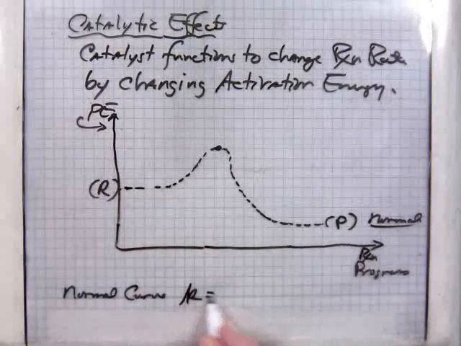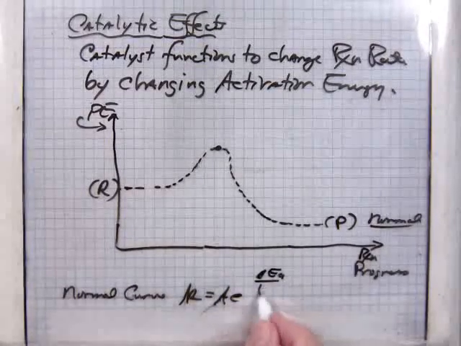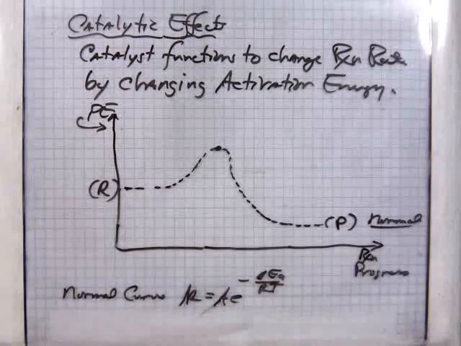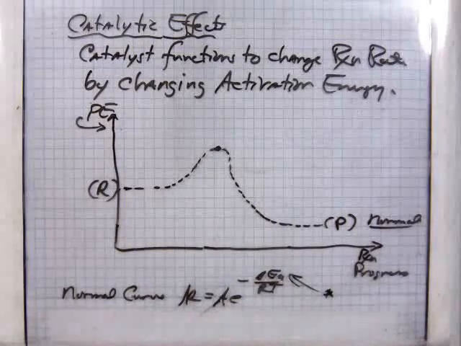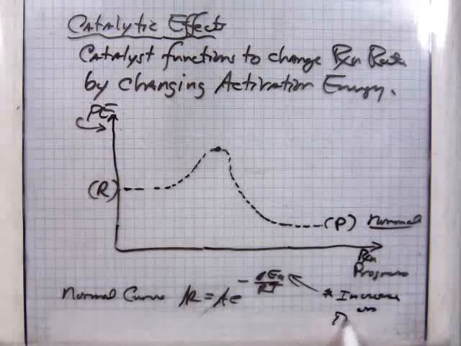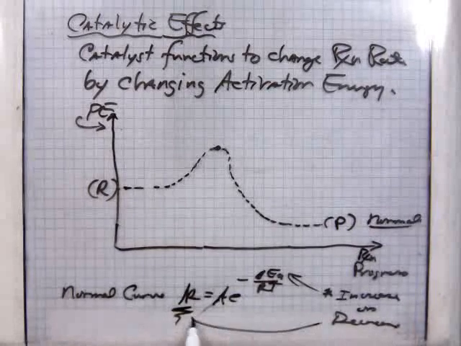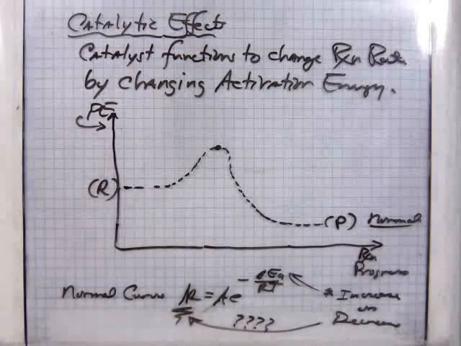For a normal curve, the rate is given by k equals A e to the minus delta EA over RT. Now, what I'm fixing to show you is this term right here, the delta EA. If you increase that term or decrease this term, how does it affect the K value? Okay, what do I mean by changing the delta EA in this reaction? Let's say you